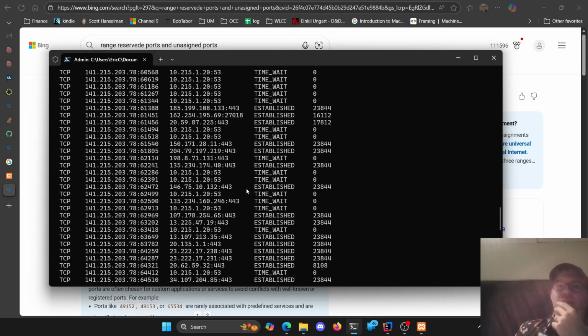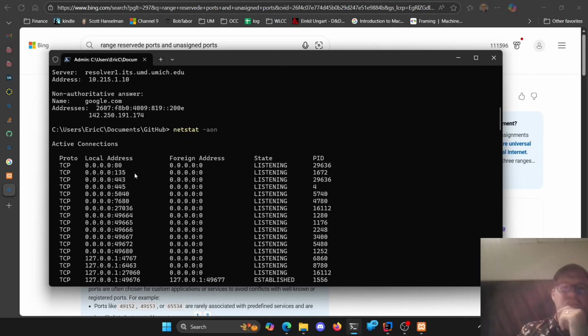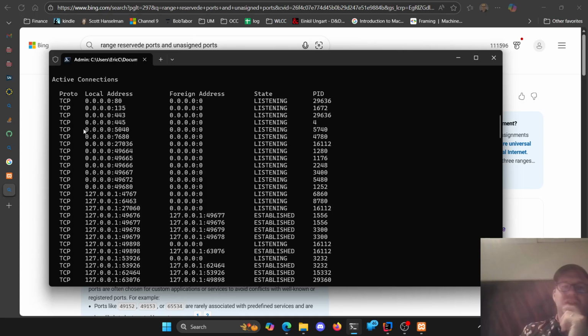I'm doing a bunch of things apparently on my computer here. I've got a bunch of connections to different addresses. There's the local address and the foreign address. I'm listening on port 80 right now with this process number. The PID is your process ID. So whatever process 29636 is, if I go check out Task Manager,